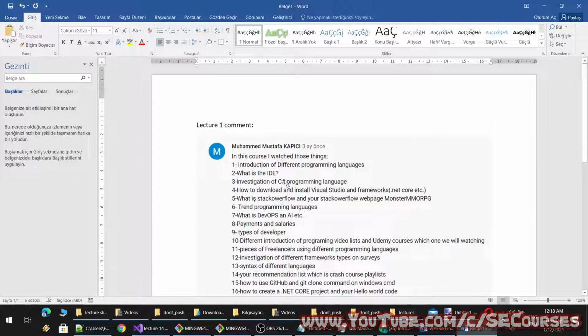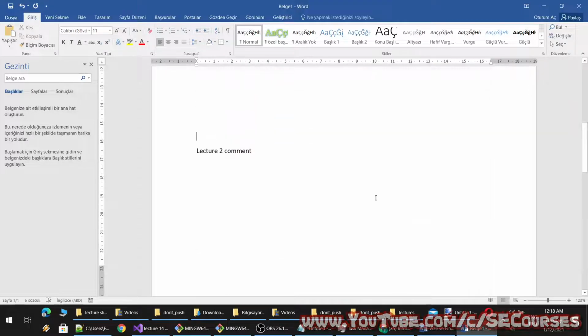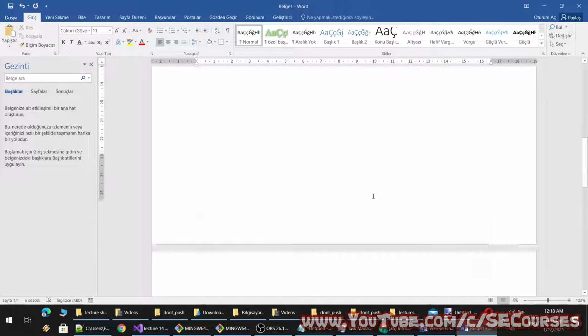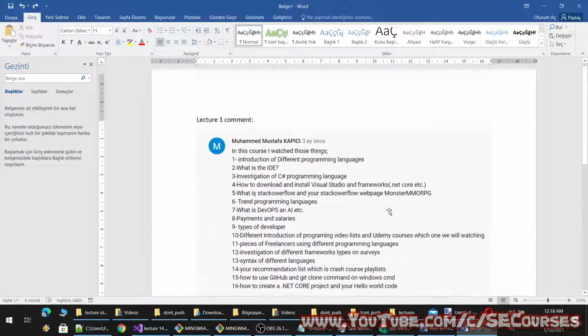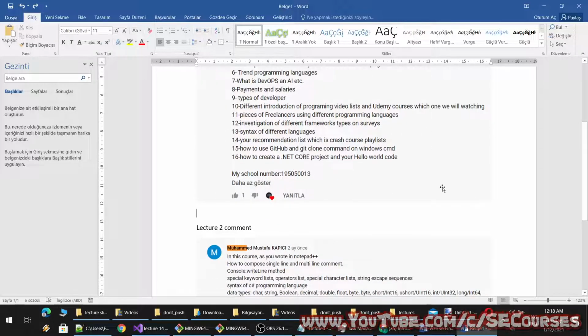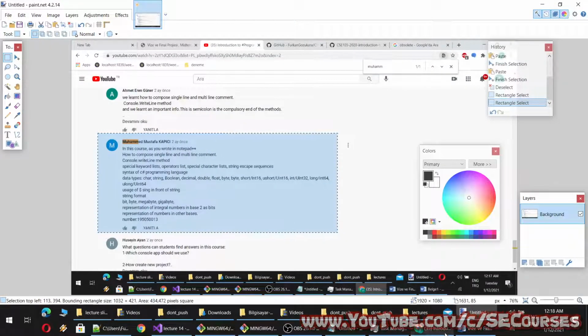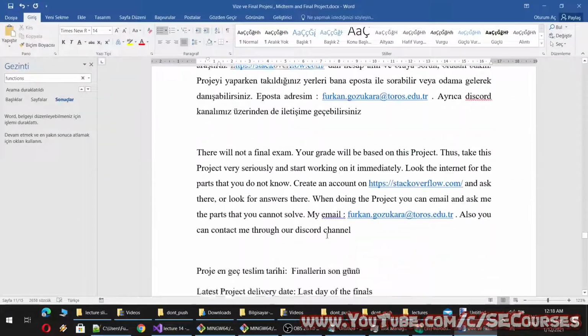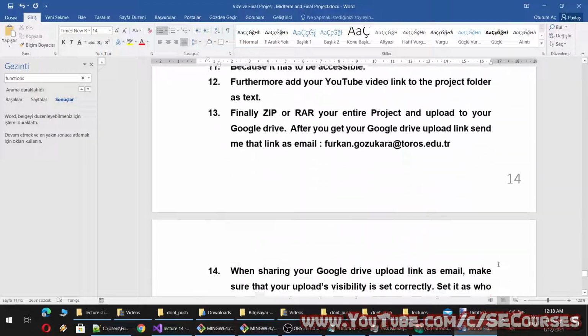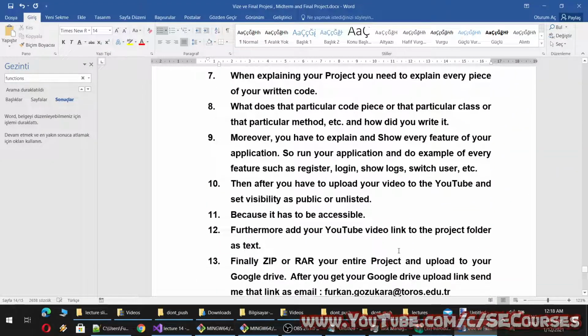All right. You can put each comment on a new page like this, or you can make it like this. It is up to you. Whichever one looks better, choose that approach. All right, and I will update something here.